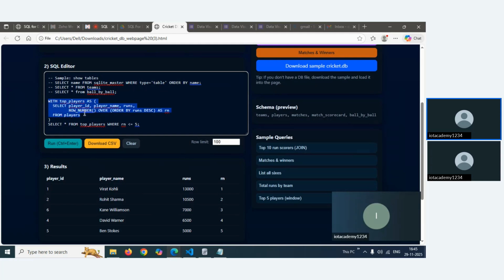We know we have 5 tables in our database. But with the help of CTE, we are creating temporary tables for the query. From the players table, we created our top_players table. It will help us to now select from this table. Now we are saying select all columns from top players where rank is less than or equal